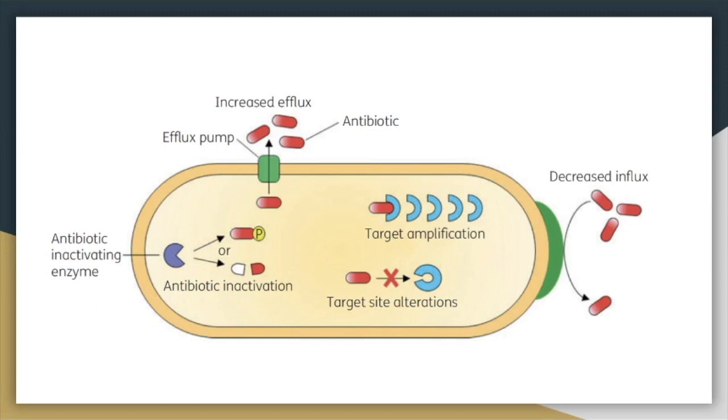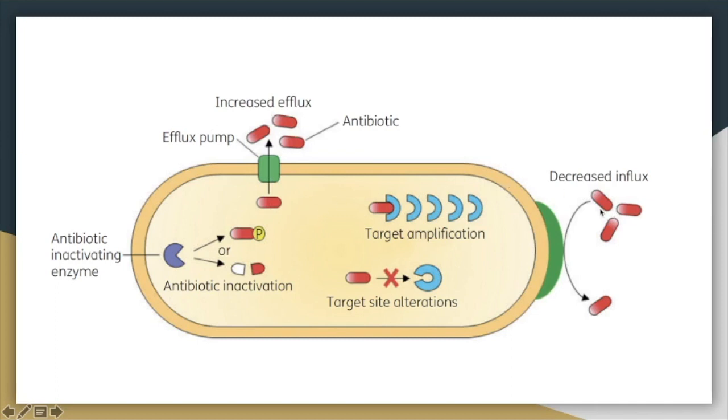All right, so let's talk about a few mechanisms of resistance. Let's just go through a few principles. So one way in which bacteria can become resistant to an antibiotic is if they have an efflux. So the antibiotic gets inside the cell. Remember, tetracyclines work on protein synthesis, and this process works inside the cell. So it needs to get inside the cell in order for it to work. But some bacteria have these proteins that basically pump the antibiotic out, called efflux pumps. And basically, if the antibiotics aren't able to get inside the cell, then they can't kill the bacteria.